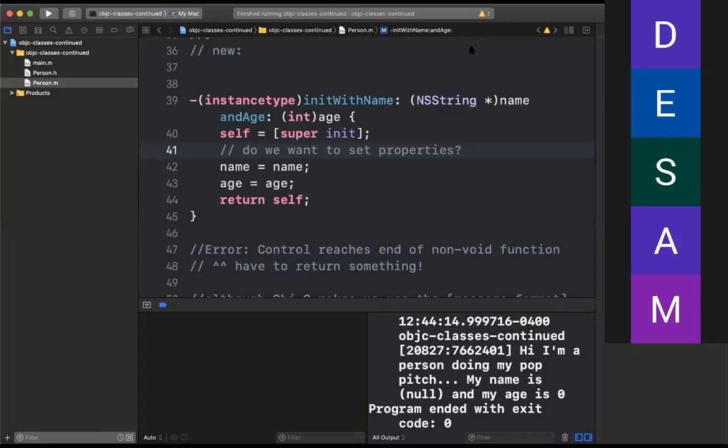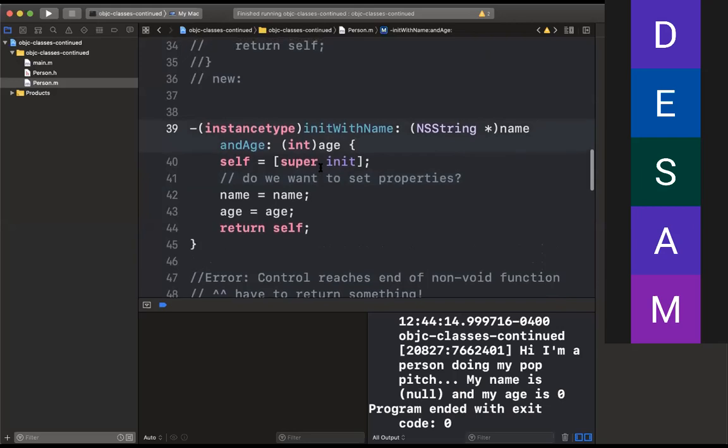But it's for a very simple reason. Let's hop back in. So here I'm setting some values for my IVARs,